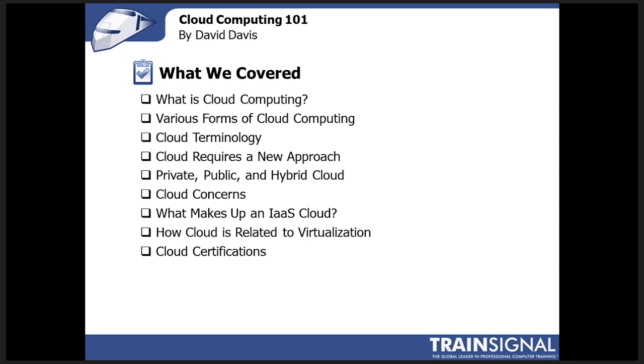For example, another example of community clouds would be, let's say that 10 counties in your state get together and they create their own cloud that's shared among the 10 counties to save money and provide them greater agility. That's an example of a community cloud. It's not public, but it's not completely private to just one company. It's a shared community cloud.